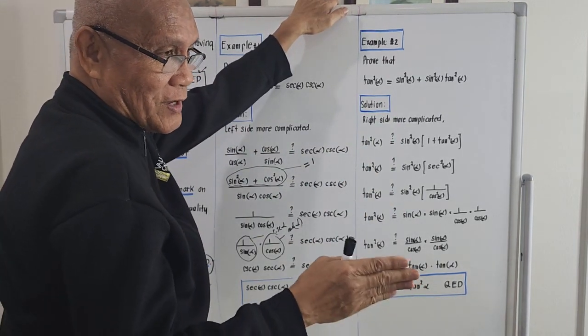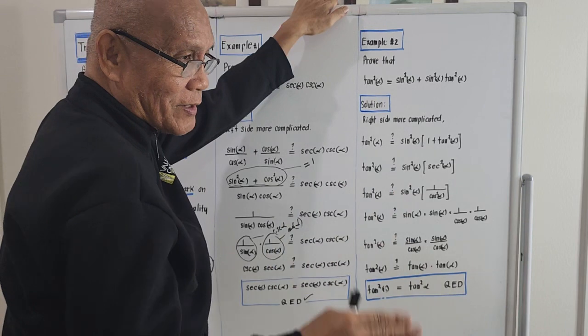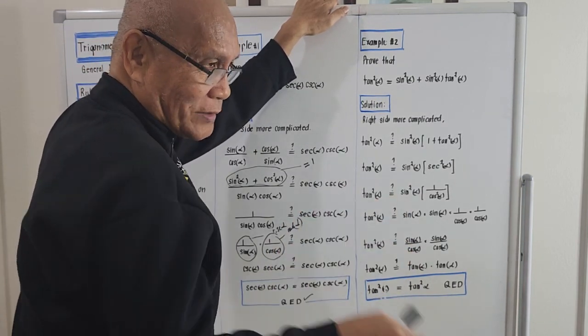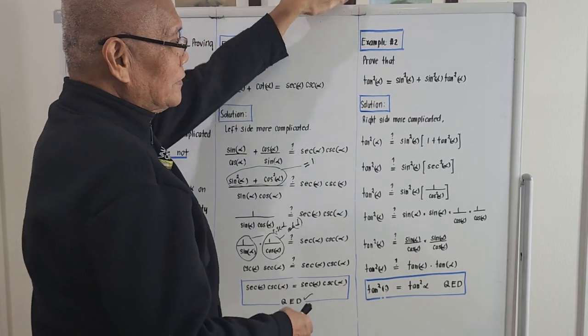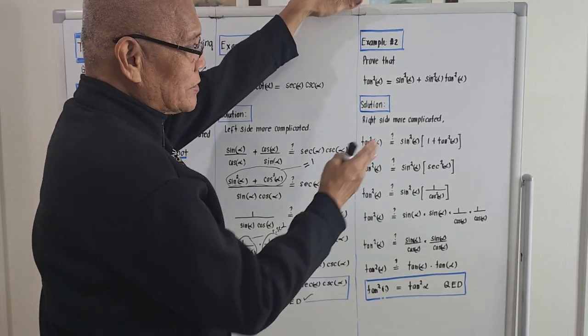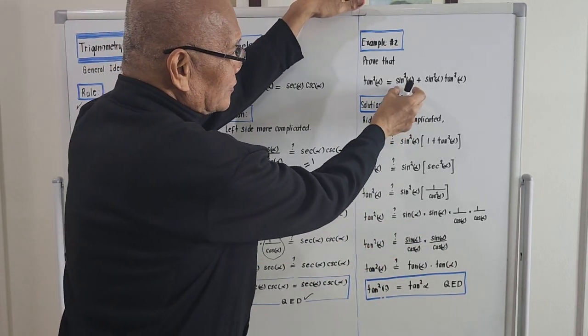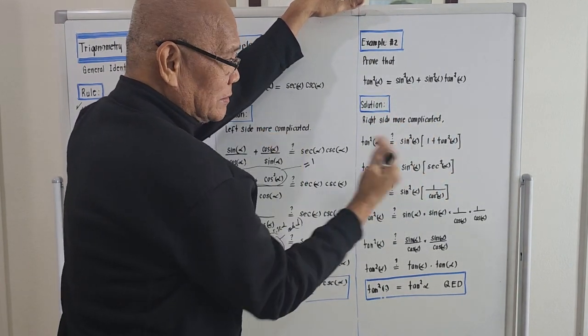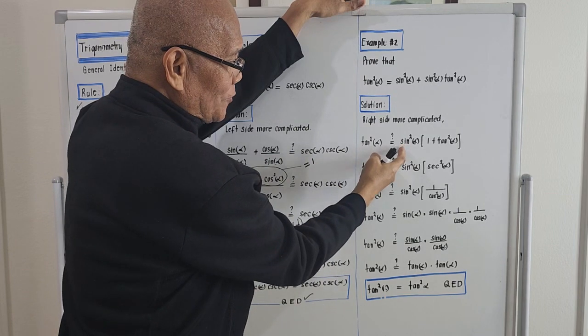Try now to make some algebraic manipulations. Whatever manipulation you need to make, do it, right? I think the first thing that we should do is for the right hand side, there is a sine square of alpha, so we bring it out. So this should be sine square of alpha